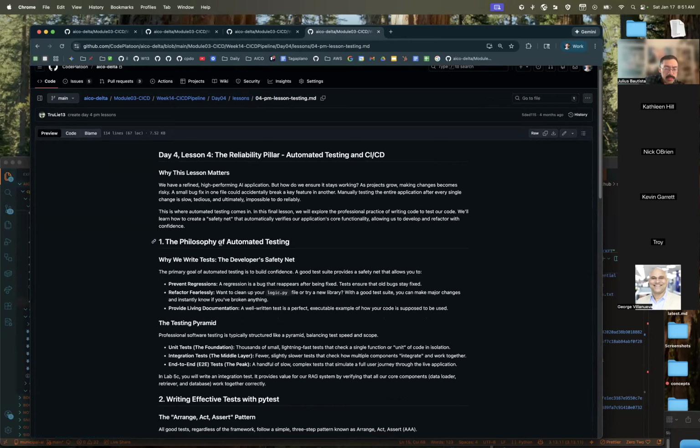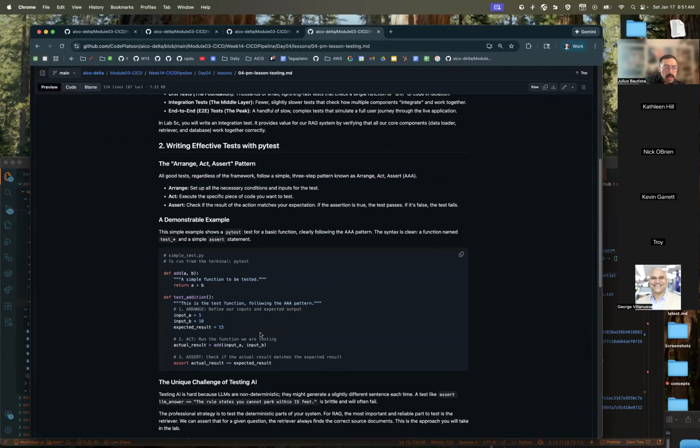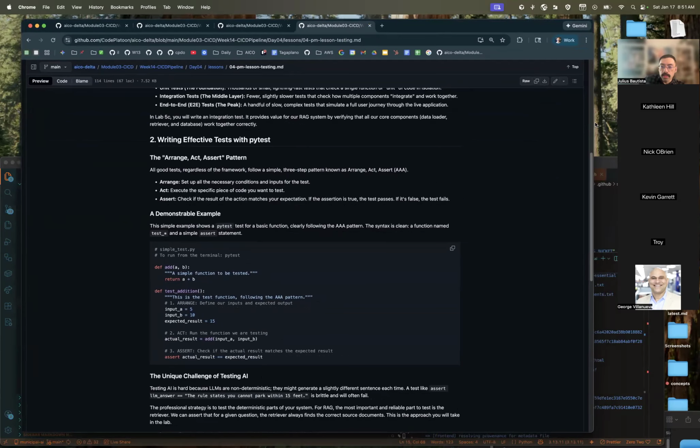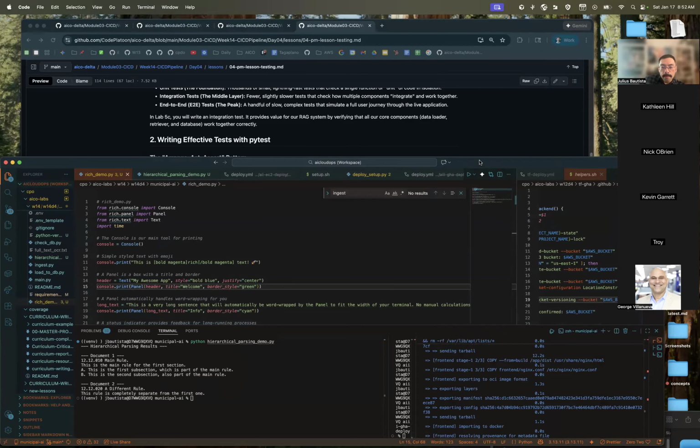And then testing, automated testing, which is always pretty important. I don't know how much testing y'all have been integrating, but one of the reasons it gets more important is if you are working with agents to help build your code, then testing can save you a lot of time, can save you a lot of headache because you can reuse those tests over and over as you create, iterate, and make improvements with the assistance of AI.